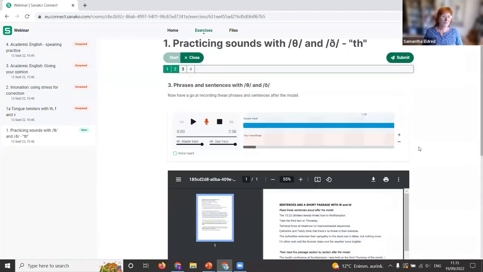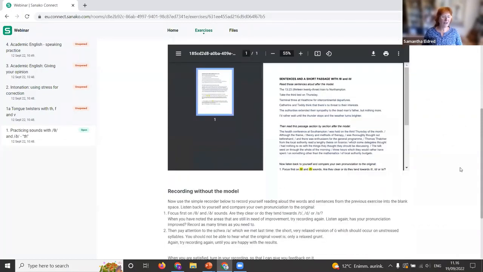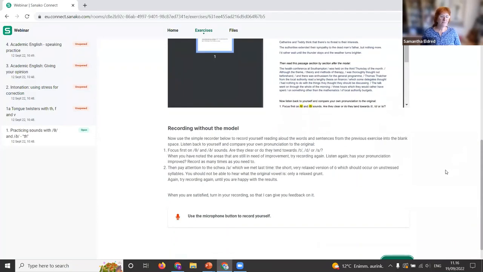And then we also have here a bit more of a challenge. So we have sentences and a short passage, and to start off with that, we have the advanced recorder, so students can listen and repeat following a model. And then further down the page, you'll find the simple recorder here, and this gives the students a chance to